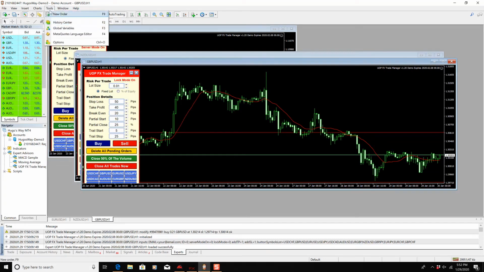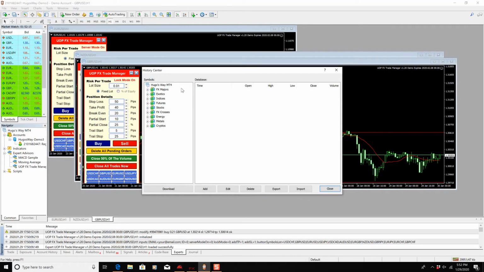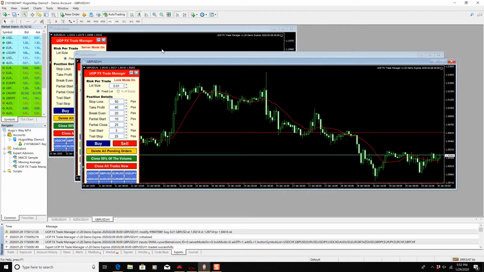After that, what I did was I went to Tools and History Center, and I clicked on FX pairs and hit download. Basically, I just downloaded all the price data for the pairs that are here, because sometimes if your broker doesn't update or push updates to MT4, then you won't have all the price data, and that can cause issues. So I did that. If you get a price data error,